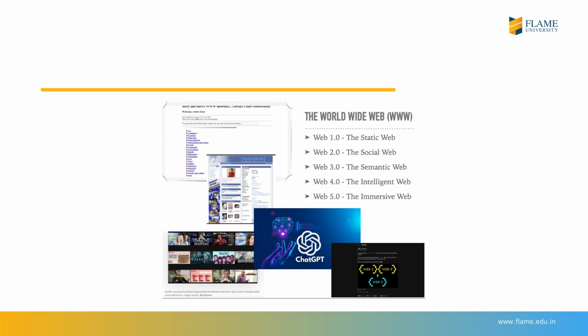So from the static web to the social web to the semantic web to the intelligent web to the immersive web is really a journey of these ontologies that are related to the